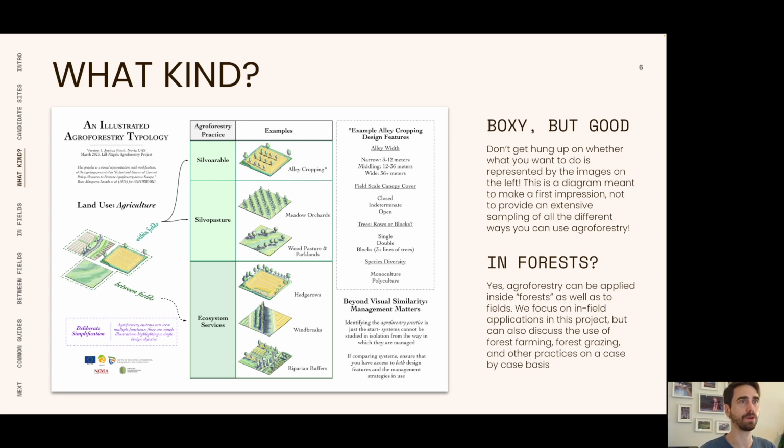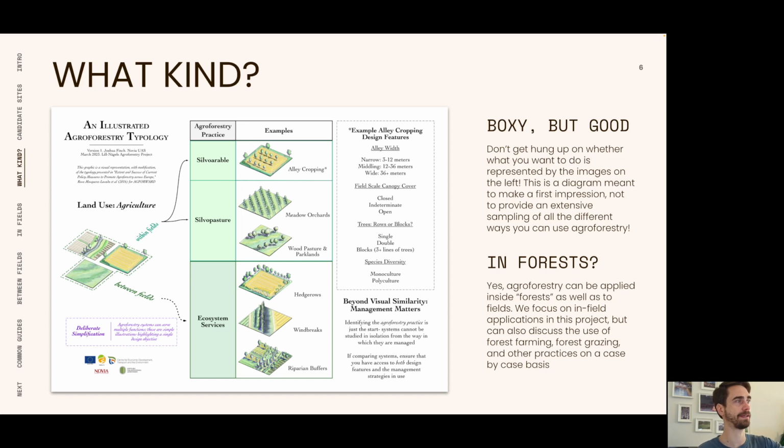So you kind of know this. We don't have to go into too much detail. I put this here because it's got the 6 different practices that we're going to look at. So within fields, we're going to be looking at silvoarable and then silvopasture and a couple different expressions of those. There will be individual tutorials on those practices, looking at maps, images, and talking about different considerations and applying some